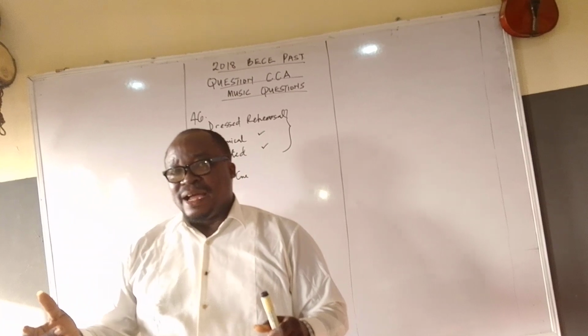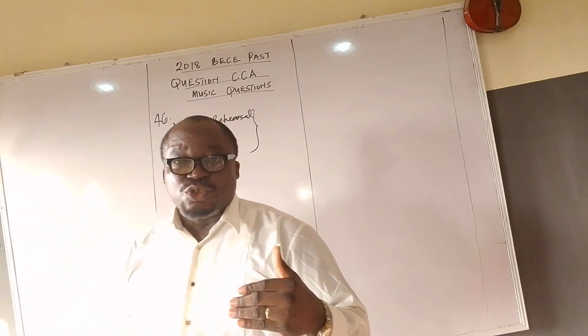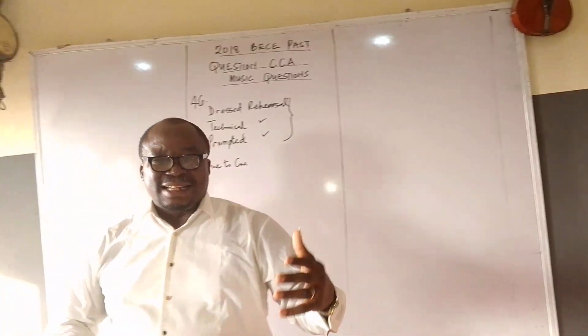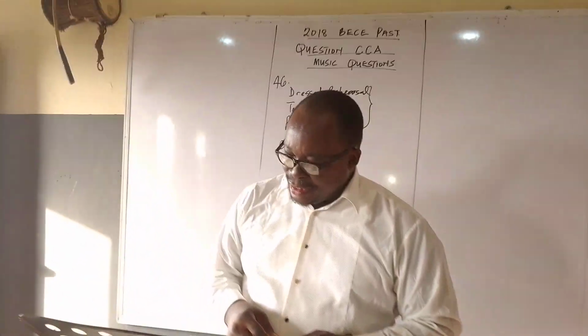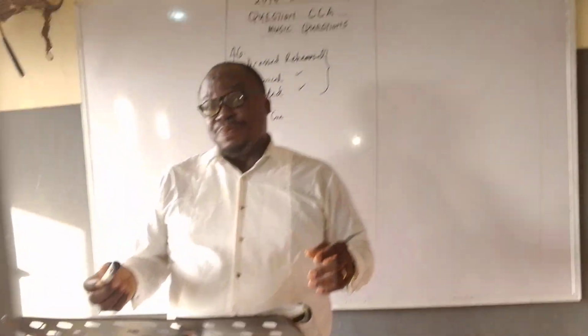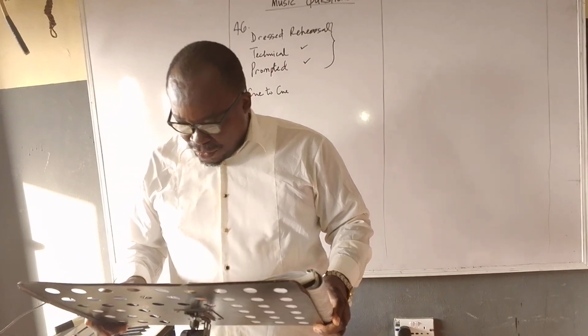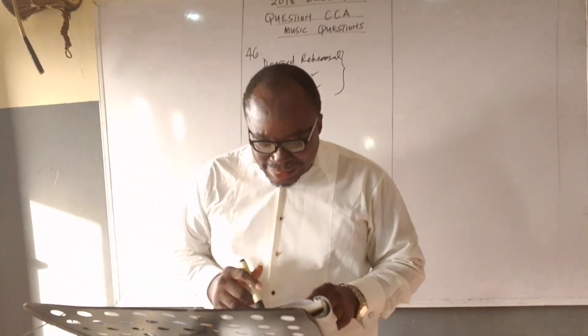But what then is an opera? An opera is a musical art drama where you are meant to sing to interpret the lines of a given drama. Okay? So very technical, very technical. Okay? And most music pieces are performed in various types of orchestras. Alright. Okay, let's go to the next question.